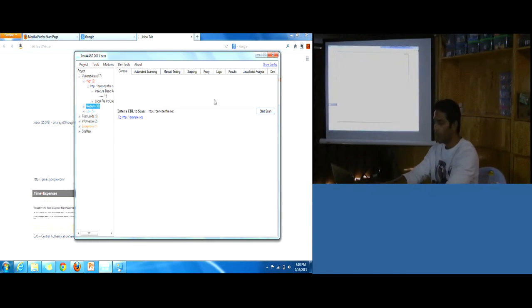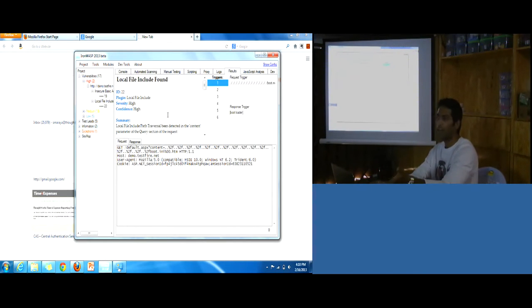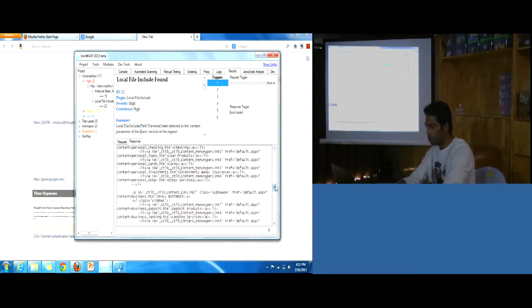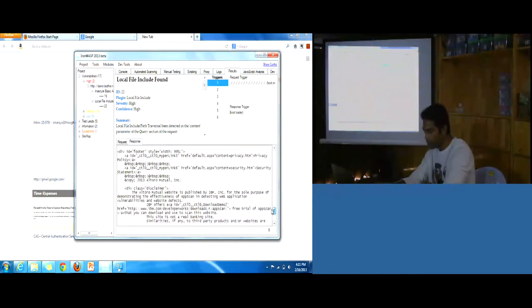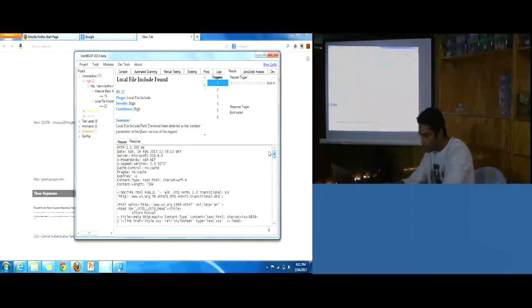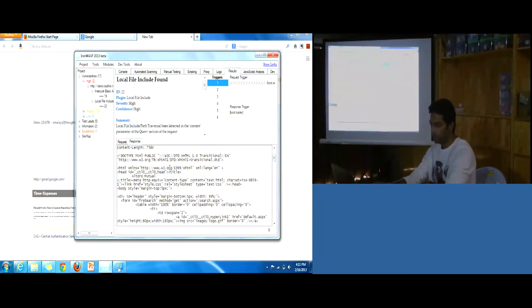But if you do want to, okay, hang on. This has found a local file include vulnerability as well. This is a high risk vulnerability found in web applications. Using it, the application is actually able to get the contents of the boot.ini file from the server.